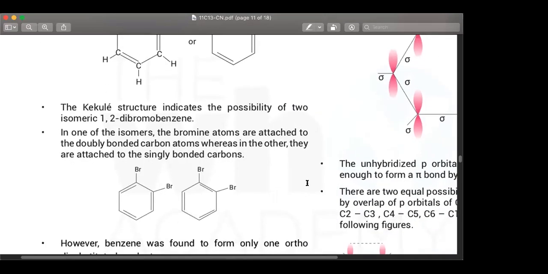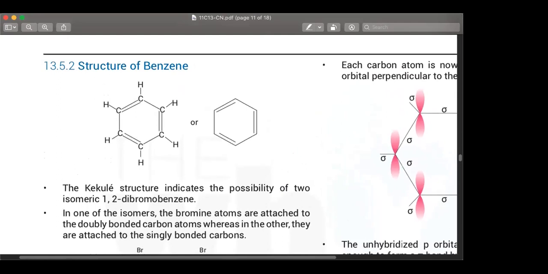And the reason why people were so stumped by this was because whatever other structure they tried out, when they were doing the reactions, they were not getting the expected products. For example, if they thought maybe the two carbons were connected by triple bonds, or any other permutation combination they tried, those structures didn't allow for the kind of reactions that benzene was giving out, which is why everybody was so stumped.